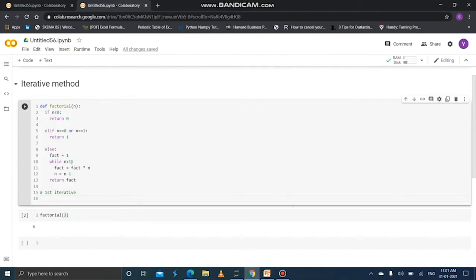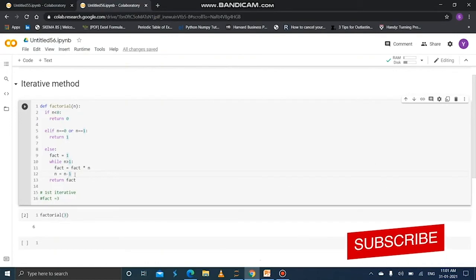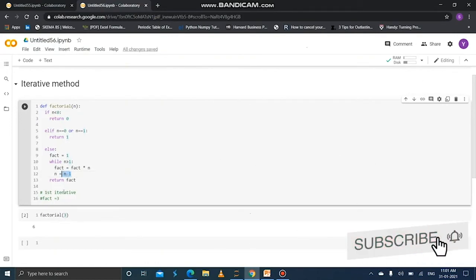Here, 1 into 3, now the fact becomes 3 for the first iteration. And we have to decrease the number by 1. So n minus 1, so 3 minus 1 is equal to 2. Now n is 2 and fact is 3.